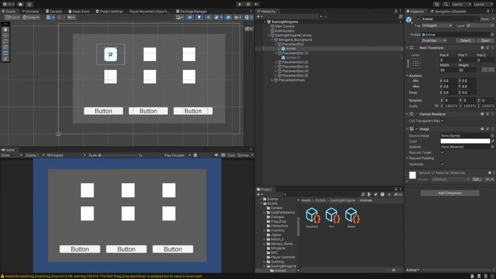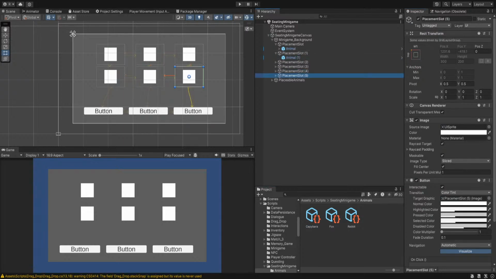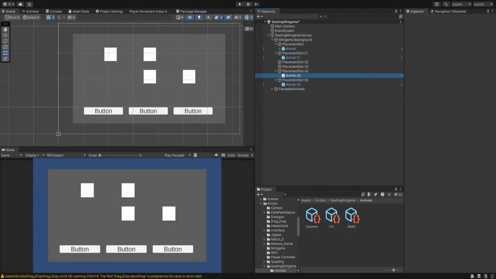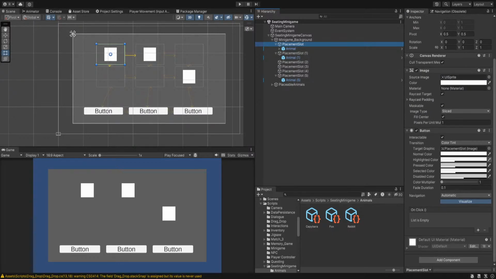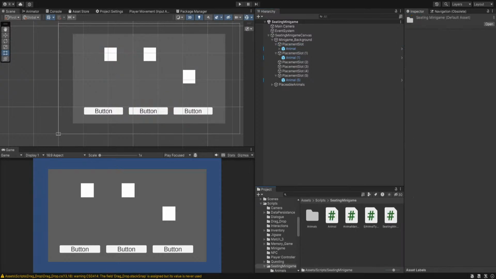Every animal gets an animal component. That's required. This one's going to be a rabbit though. You are going to be a capybara. And then you're going to be a fox. So then the rest of these lose their animal because you'll be placing them there. And I think we need one more script for the